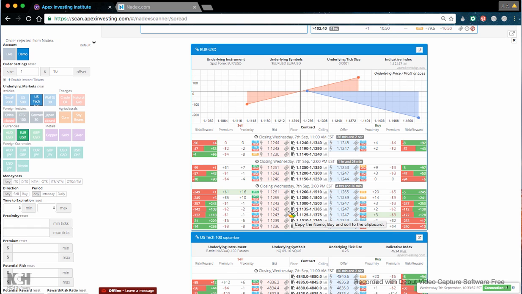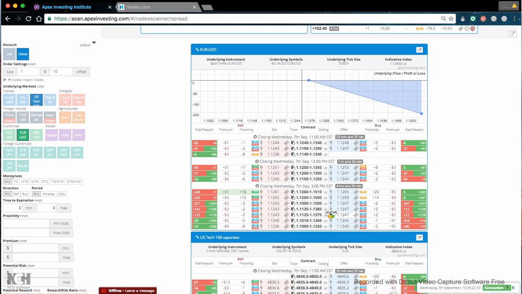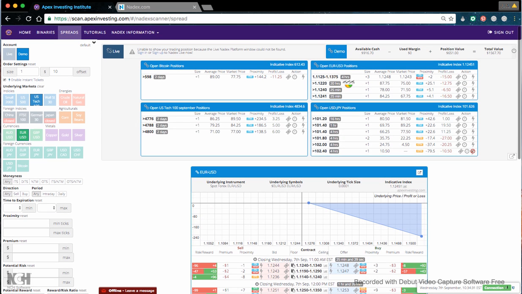But if you are a directional trader with spreads, let's say the price is 1.124 and I want to go with 1.124. I probably would trade this one right here if I was a middle trader. I would trade this one, so I'm going to click on that one. It's supposed to open up your trade automatically, but you can see with spreads